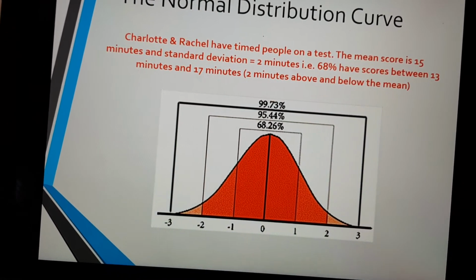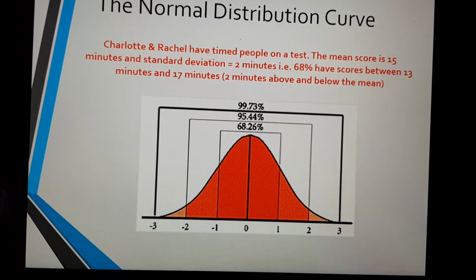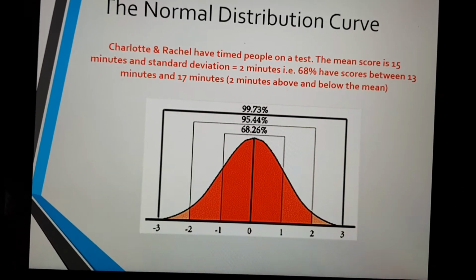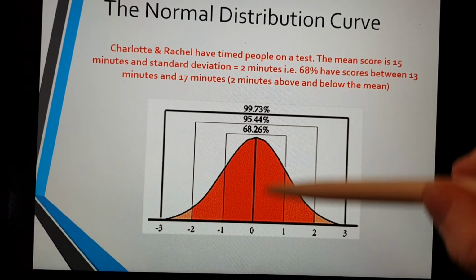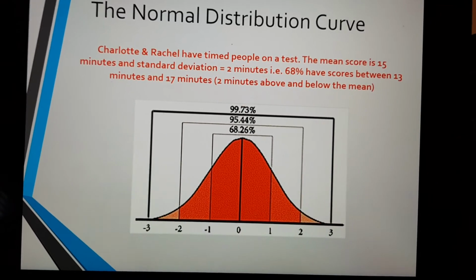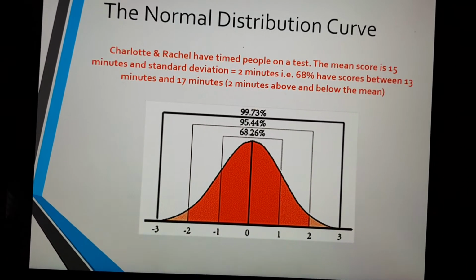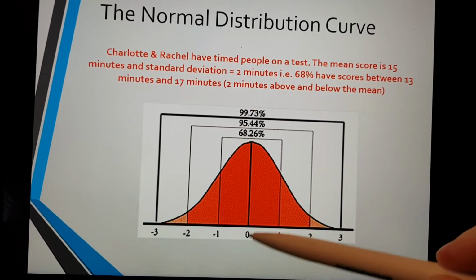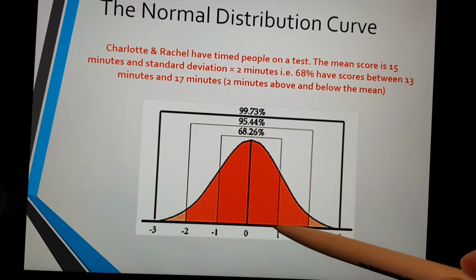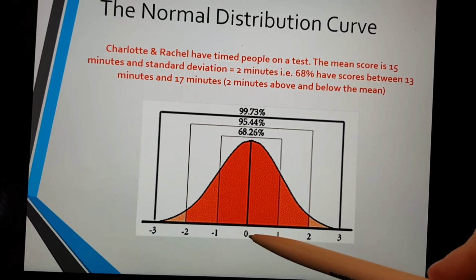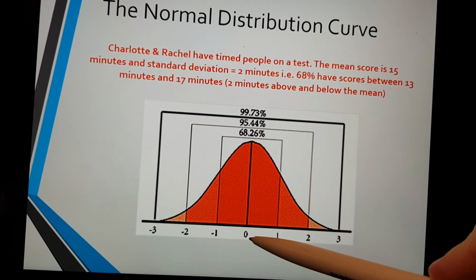Okay, so here's an example. Charlotte and Rachel have timed people on a test. They've worked out their mean score is 15. Okay, so that would represent the 15. And they've calculated their standard deviation to be 2 minutes. Okay, so if that's 15 and that one standard deviation represents 2 minutes, we know in this proportion, if that's 15,